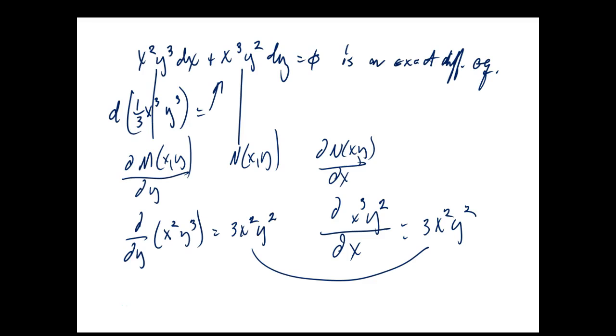So here's the test. If you can do this and they come out the same, then it does have an exact differential. If you can't, it doesn't. So don't worry with it, don't mess with it. It just doesn't have an exact differential. Okay. So that leads to Theorem 2.4.1,